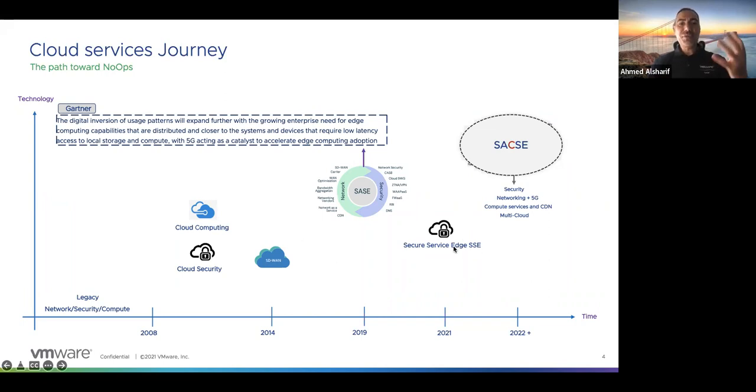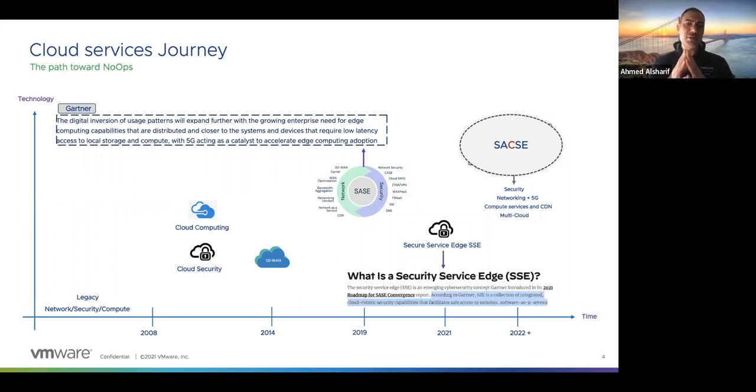Let's see now what the future of the SSE is. If somebody is adopting this, he's a customer who's really looking to modernize applications and transform the business, because everything here will be needed when you are on that journey. So let's see what the future of the SSE is. The SSE, again, is the security services part of SASE. Gartner also said about the SSE, those are just a collection of multiple security services in the cloud. That's pretty much it. It's a group of security services in the cloud in one integrated solution.